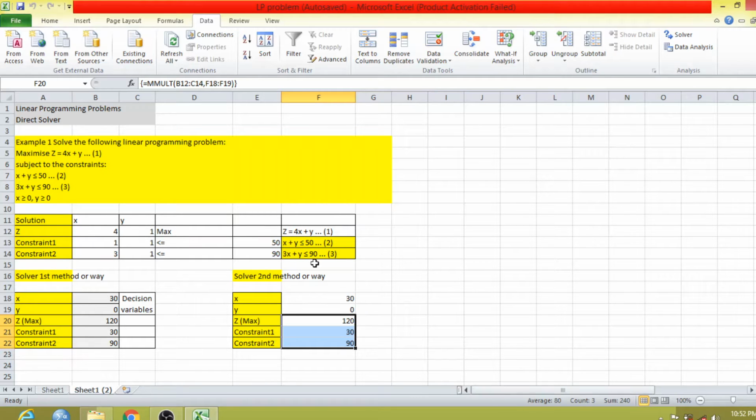So we can say that these are two different ways we can solve this particular case directly. Here we are not using the graphical method, we are just calculating the x and y values, the decision variables' values, and the minimum or maximum z value. That is called the optimum solution. So thank you.